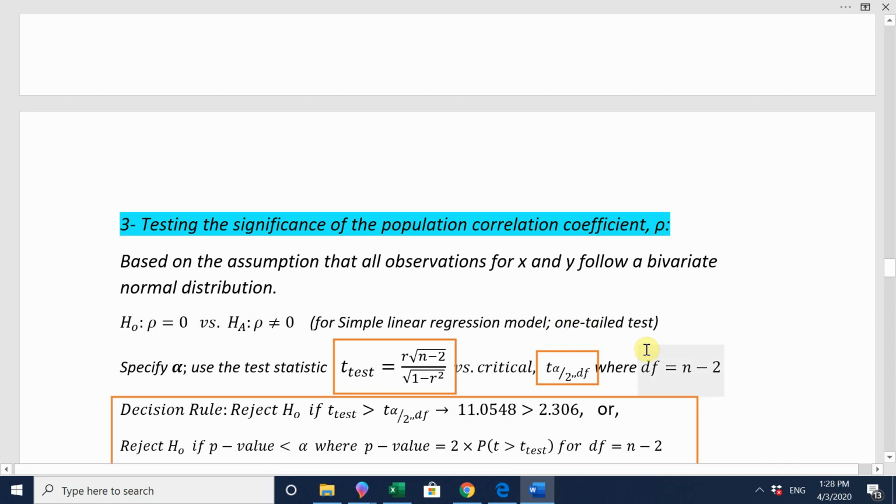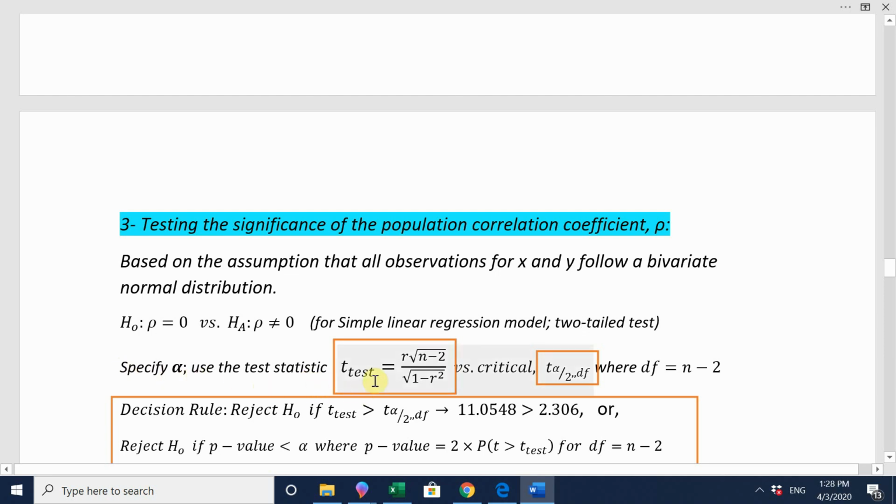Let me just correct this over here. Here we are. It is a two-tailed test. Here we will use the t-distribution to conduct this hypothesis test. So of course we start again by specifying the level of significance in which we will do the hypothesis test,